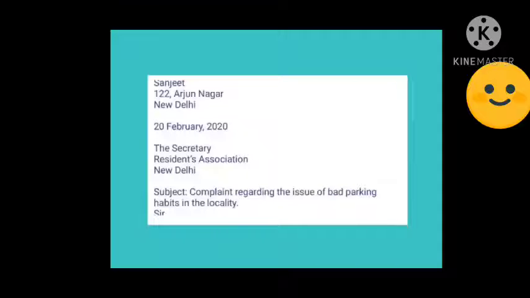Okay, as usual, as we discussed earlier, we have to write or mention the from address, but we don't write the word FROM. The name given is Sanjit. Write the name of the person who is drafting the letter and the address given. So, Sanjit, 122 Arjun Nagar, New Delhi. So you have completed one component, one of the parts of the letter, and give some space,